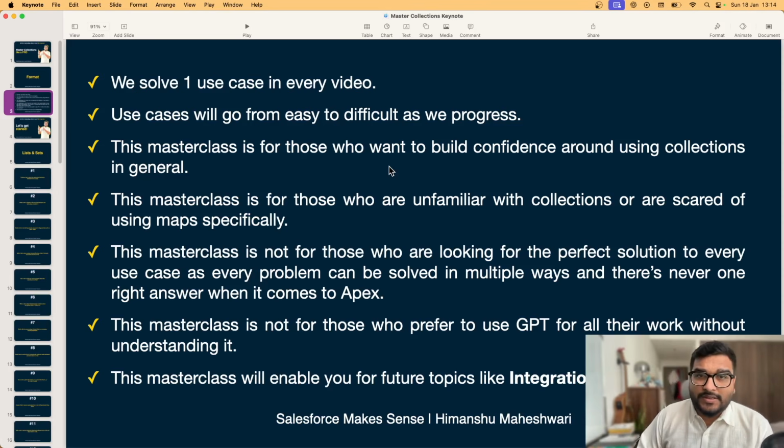And this masterclass right here, because it is completely aligned into list, set and maps, it's going to enable you for future topics like integration. So for me, it's difficult to actually start something like an integration if you do not understand how do you deserialize something into a map or a list, right? So that's the reason why